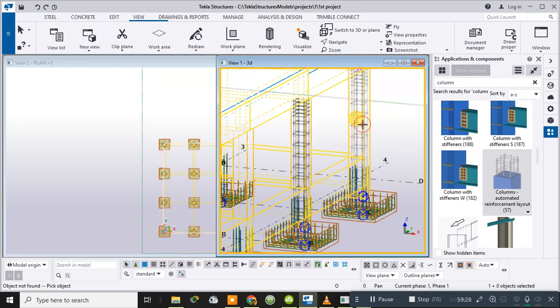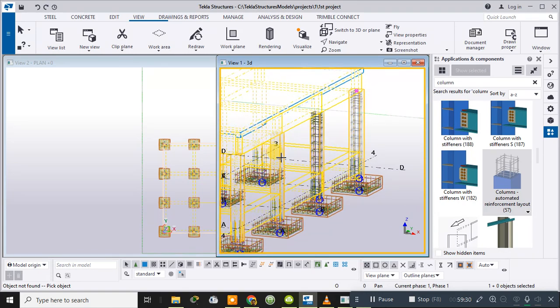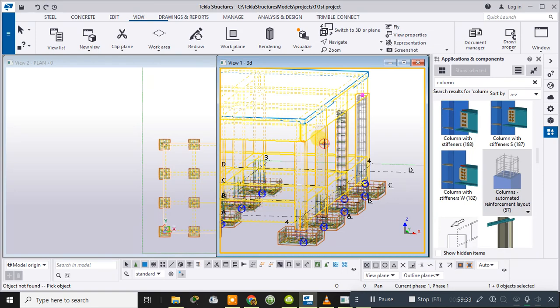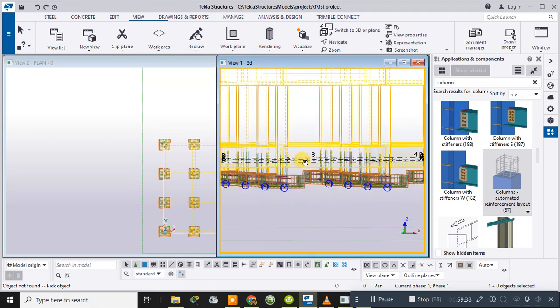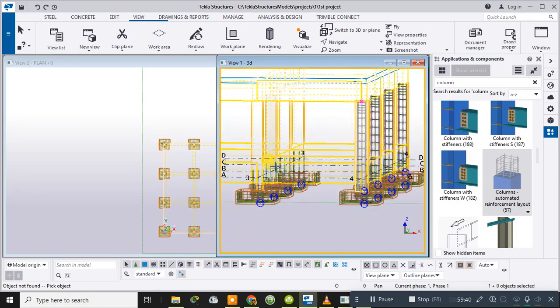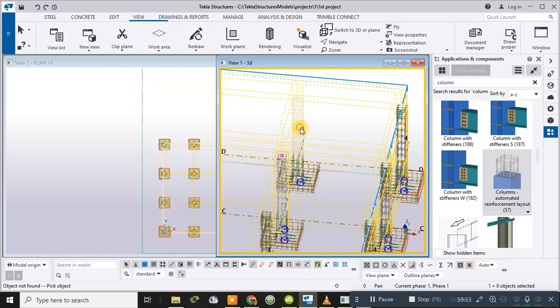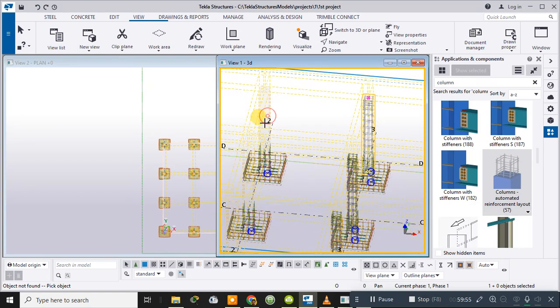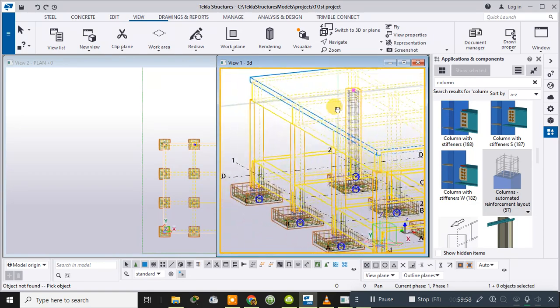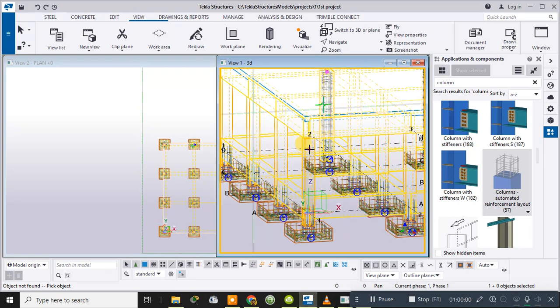See, as you can see here, I'll click on all the columns. So this is how we'll create the reinforcements in all the columns,